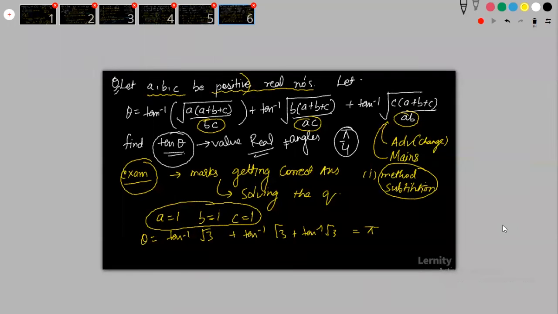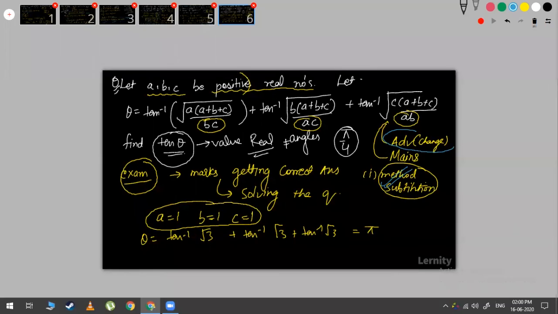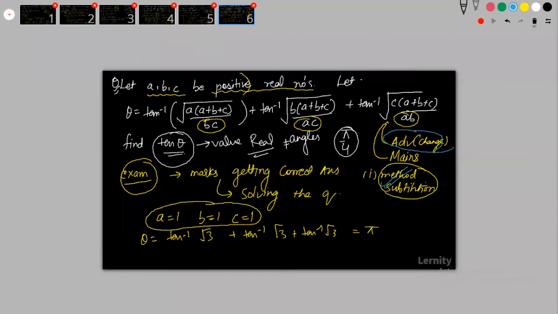But in class, when I'm asking you to solve, after finding the substitution, please try to solve the question also. If you have already got the answer by substitution, try to solve the question also, because in advanced they will not give you questions in which you can substitute easily. In exam, our main objective is advanced. So in advanced, they will not give you direct substitution questions. Some questions will be direct, but not all. Okay, so suppose I had to solve this question, let's see.